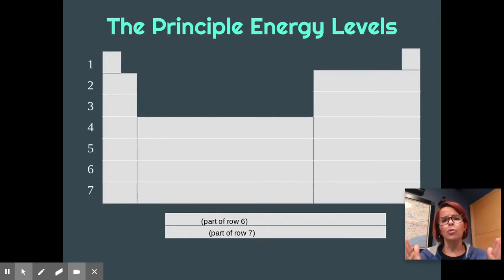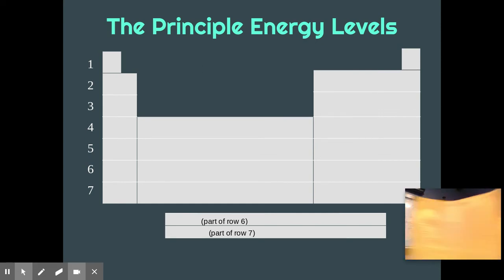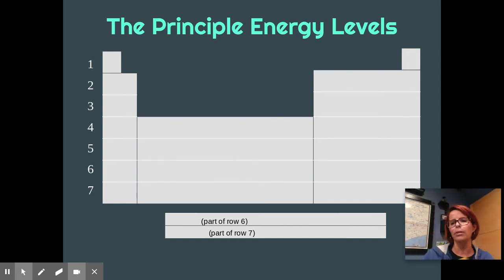All right, so what I'm going to talk about right now is a little bit of review from the electron orbitals notes that we already took. But now we're going to see if we can figure out electron orbitals without having to use the box chart. As you're looking at your periodic table, and you could totally just write this on your periodic table, we really encourage you to take notes on your periodic table so you have a little bit of a cheat sheet during the test. So instead of having to look everything up on your box chart, which you could if you wanted,